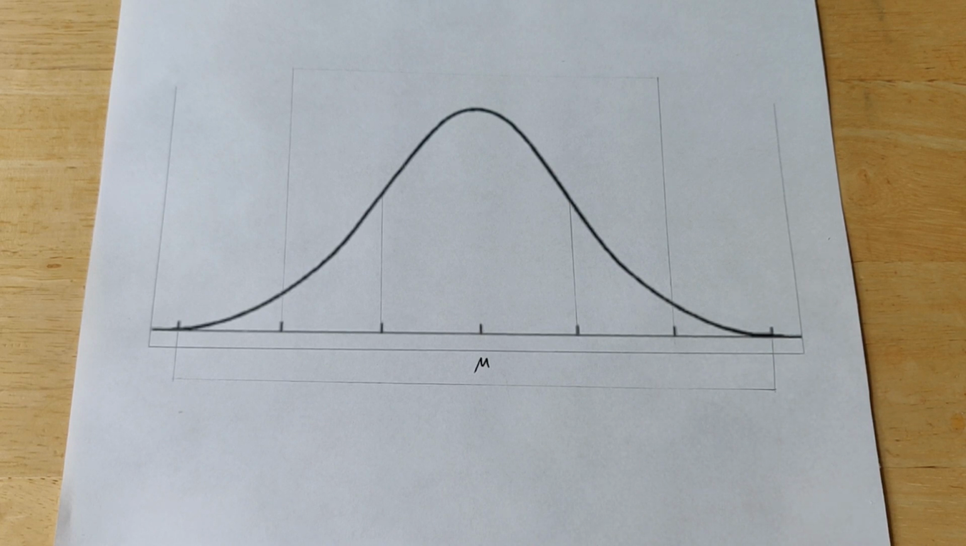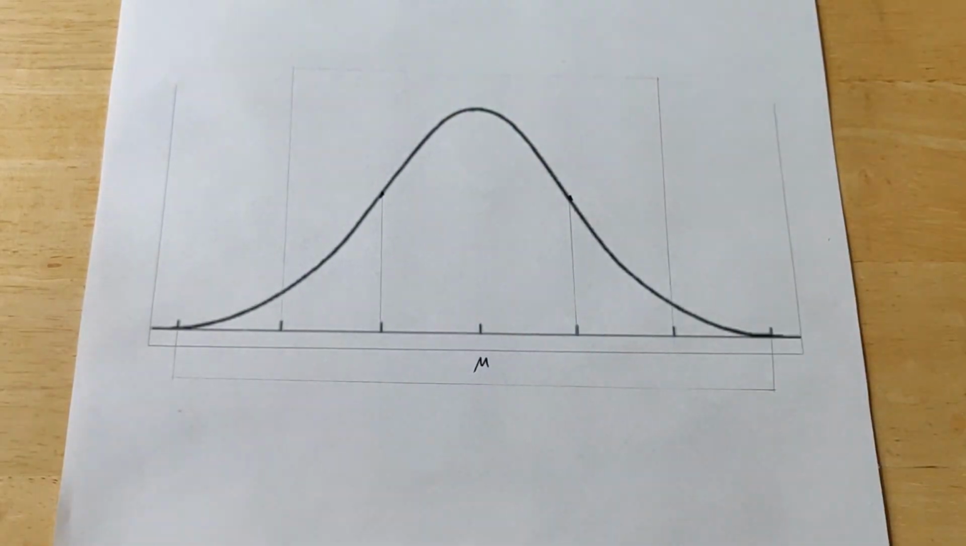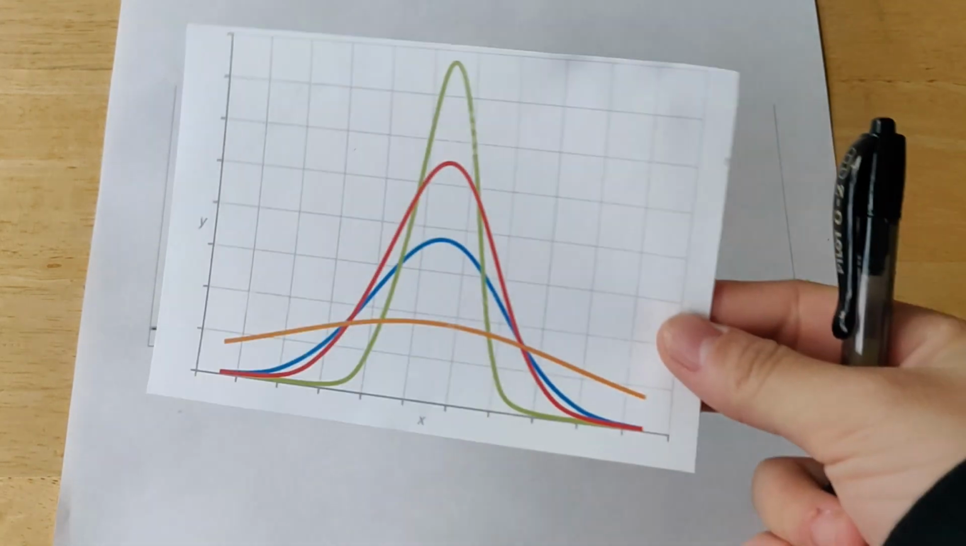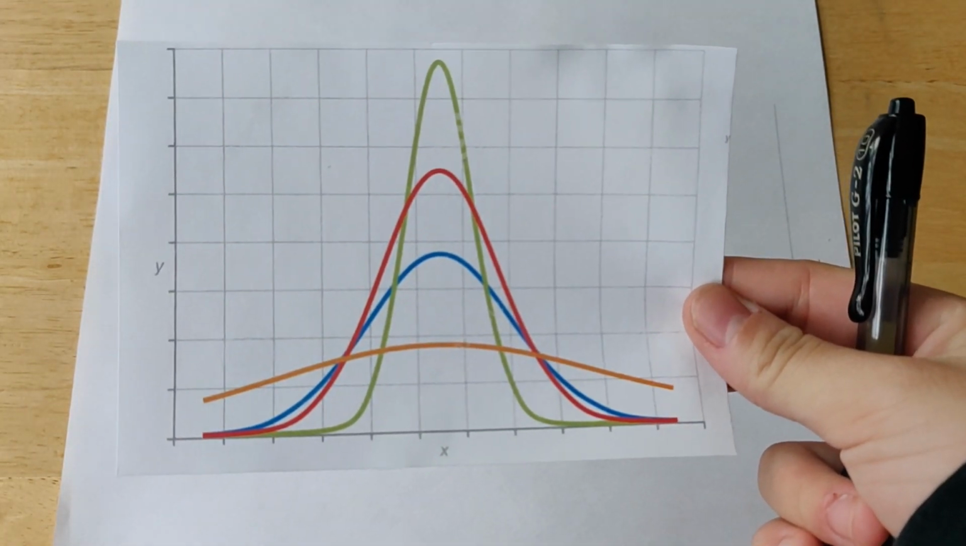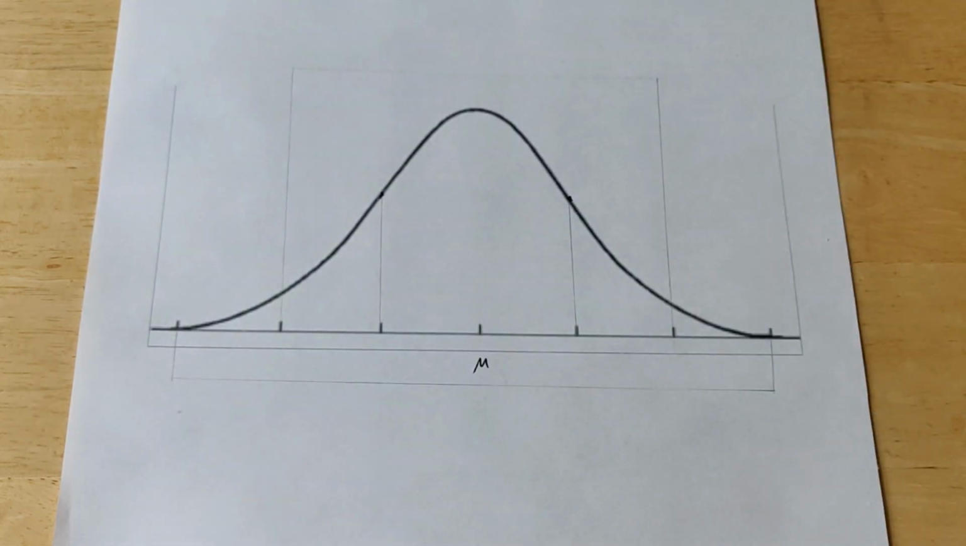The standard deviation, which is located at the inflection points of the normal curve, controls the spread of a normal curve, as shown in this diagram. The orange curve has the largest standard deviation, while the green curve has the smallest standard deviation. A normal distribution with mean mu and standard deviation sigma is abbreviated as